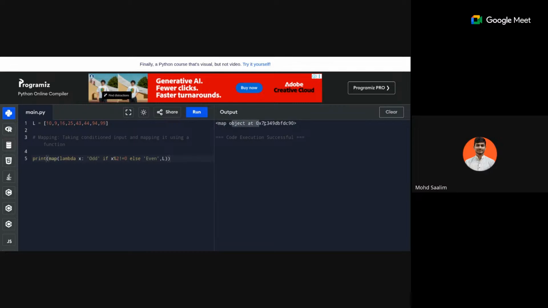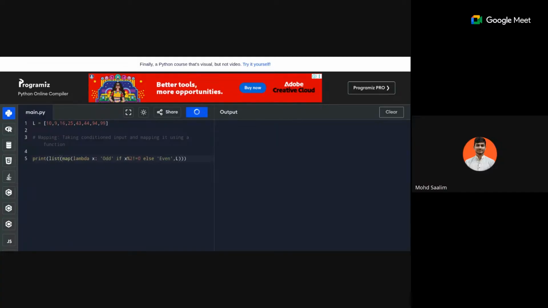What are objects? You will understand it in, I think, week 10. So it is not a concept for now. What we can do is encapsulate this map and convert it to something familiar like a list. If I print it now,